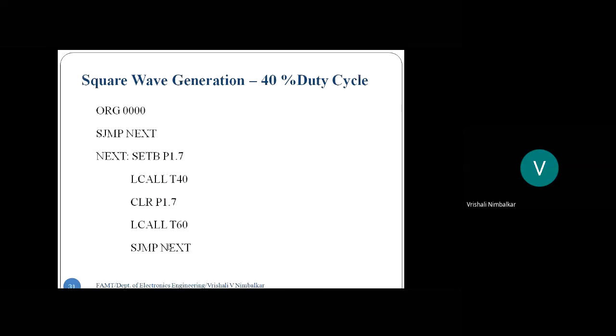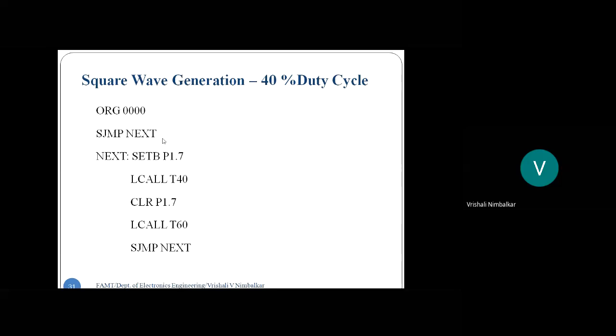So now let us go for writing the program directly. We are writing the program to generate a 40% duty cycle on the P1.7 bit. Whenever we are using mode 1, we can write the timer program as a function. In mode 2, the timer program itself is your main program. If you are using interrupts, it can be written as a function in mode 2.